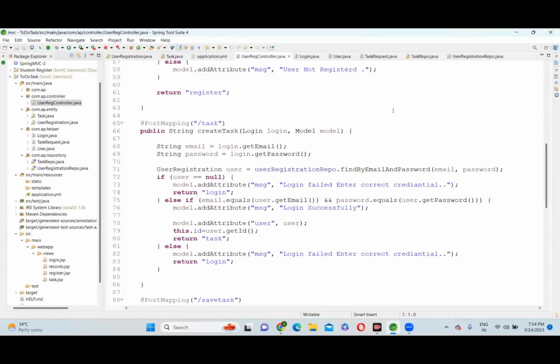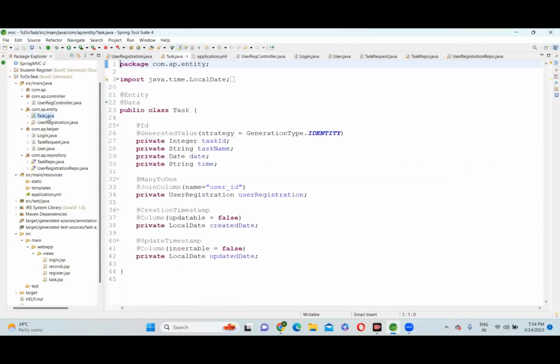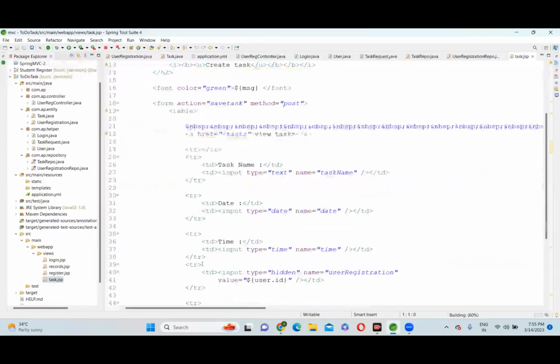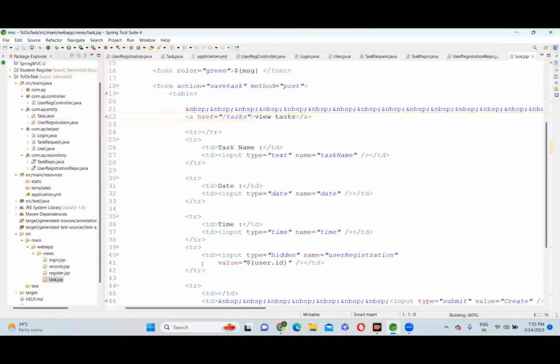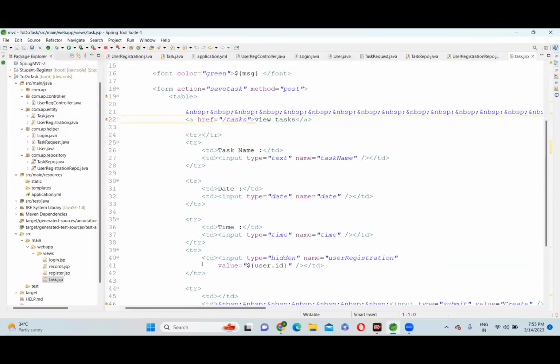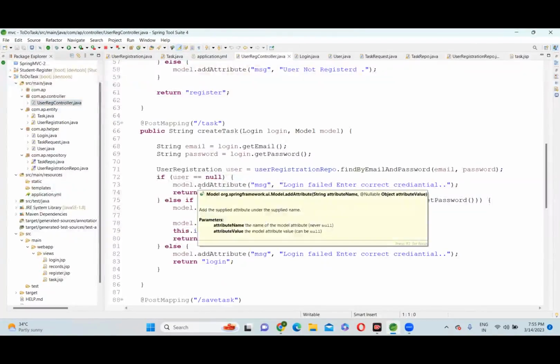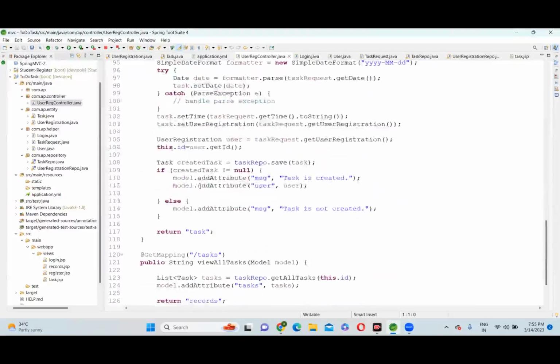Yeah. No, I'm getting confused here. Go back to your page, task page. No, not the class. Front end. Task.jsp. So in the task.jsp, task name, date, and a hidden variable you are taking as a user ID. So how are you sending, what is the method to display the task form? Sorry? Go to controller, user controller or task controller. Where is the method to display the task form? Task form. Here is the